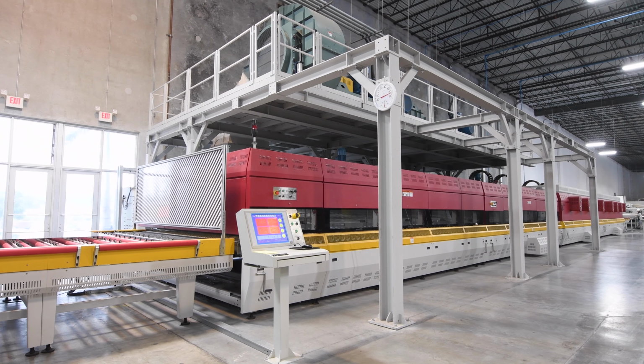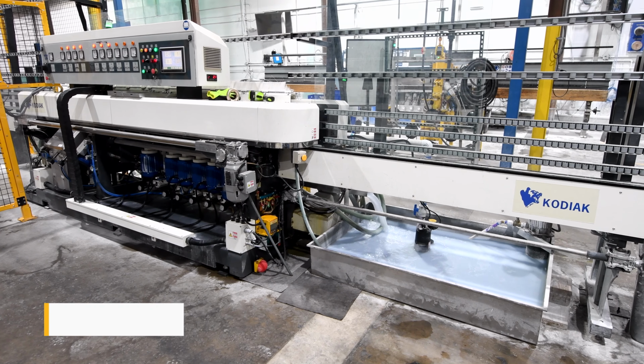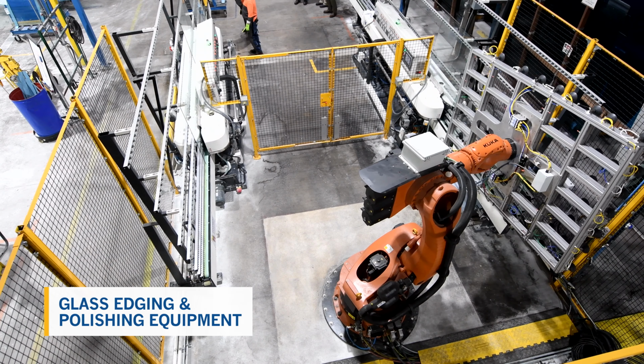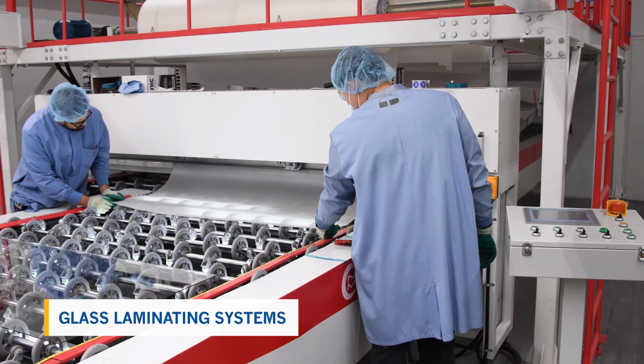Our equipment lineup includes tempering furnaces, glass edging and polishing equipment, CNC machining centers, insulated glass equipment, glass laminating systems,